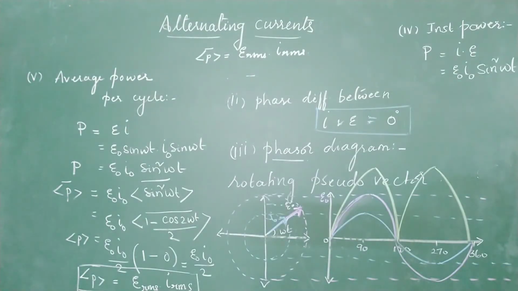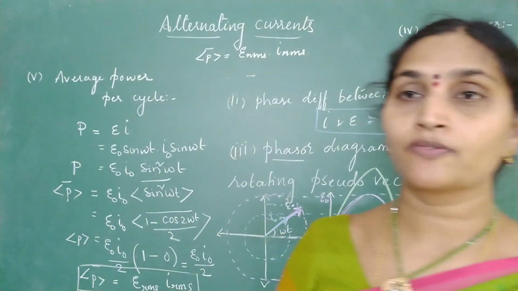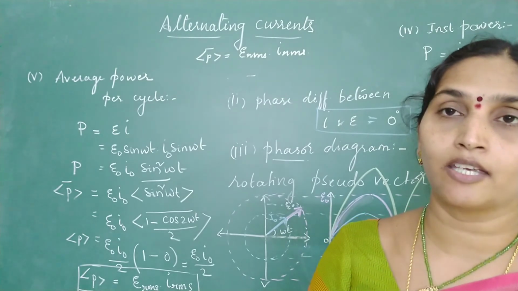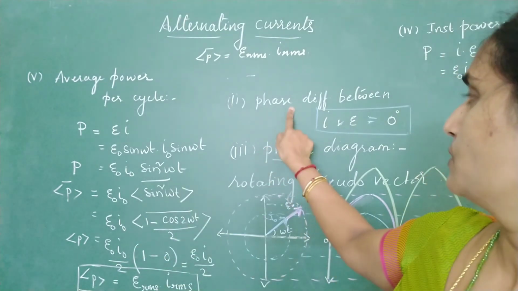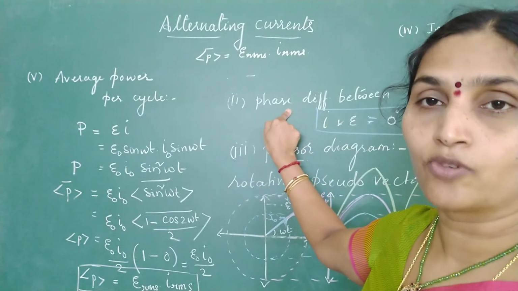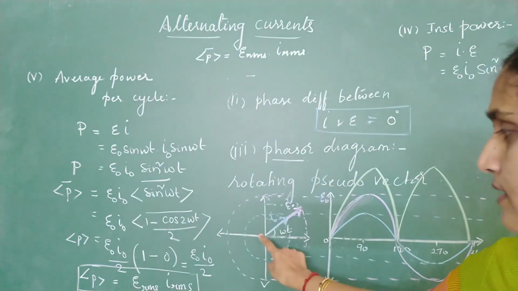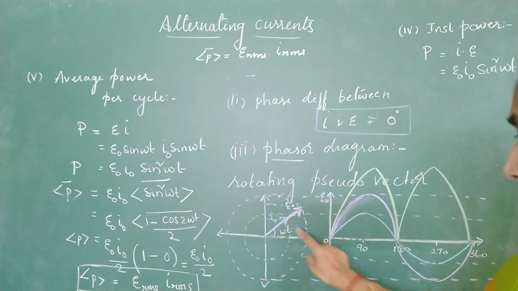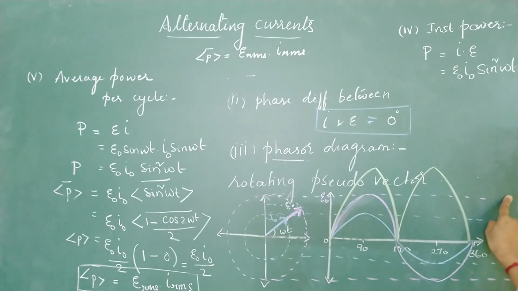So putting all the points together, what did we understand for a resistor circuit? If EMF is E naught sin omega t, current is I equal to I naught sin omega t, where I naught is E naught divided by R. Phase difference between current and EMF is 0, so current follows EMF. Step 3, this is your phasor representation. Both the vectors are overlapping with each other. So when you rotate and plot the values, this line represents EMF, the blue line represents current, and this green line represents variation of power.